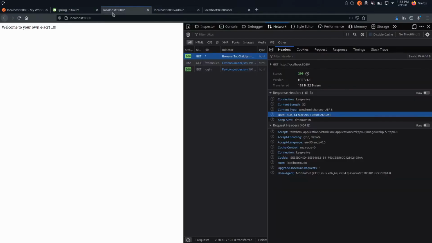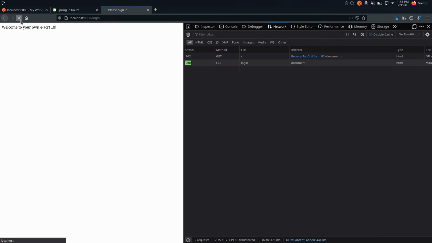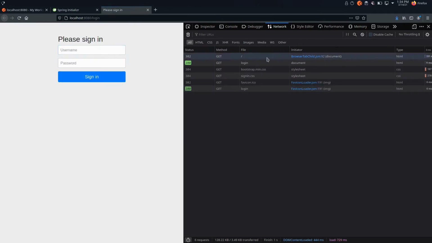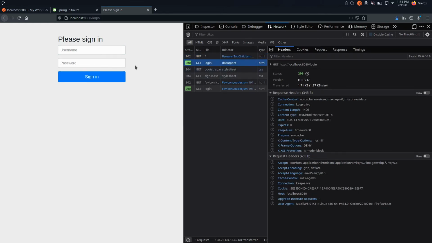Now, if you try to access our URL, for example this is the root level URL, then we just got 302 over here, which is a redirection, and we got redirected to our login page.